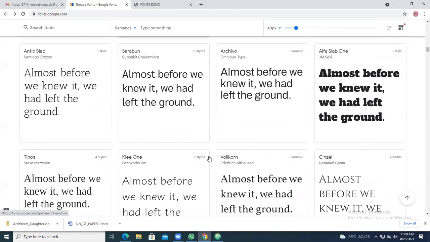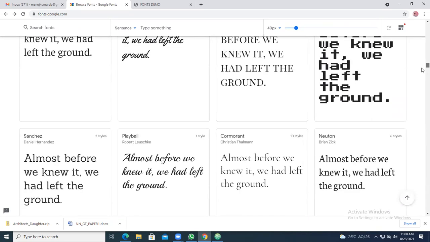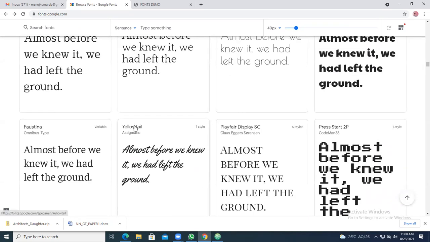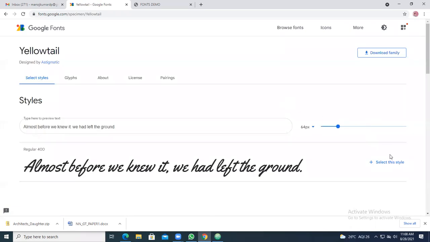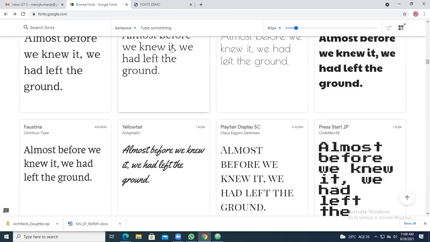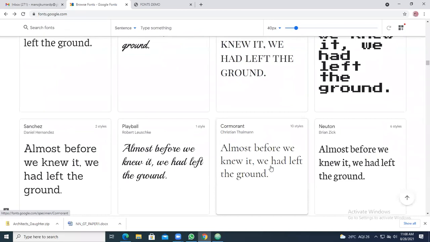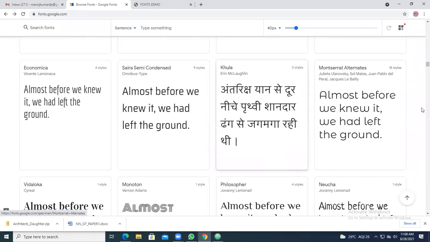You can have different styles from this. This is the demo of how to create a custom font, add the link, and what should be placed.